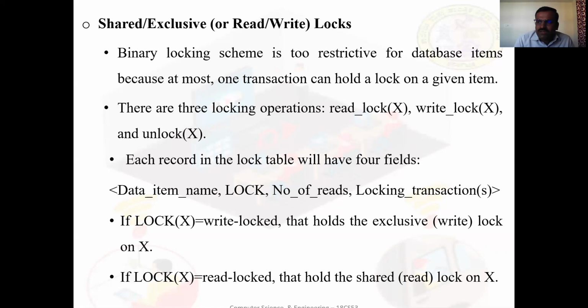We should allow several transactions to access the same data item X if they all access X for reading purposes only. If a transaction is to write an item X, it must have exclusive access to X. For this purpose, a different type of lock is used, called a multiple mode lock: read mode, write mode, unlock mode.